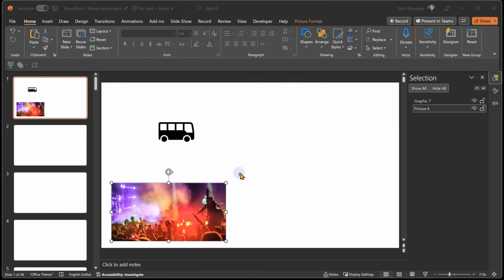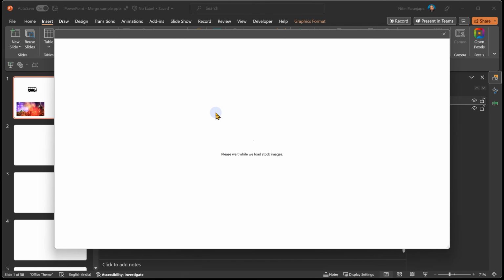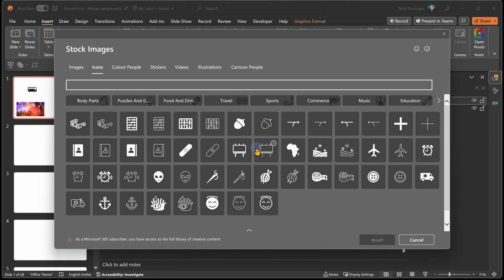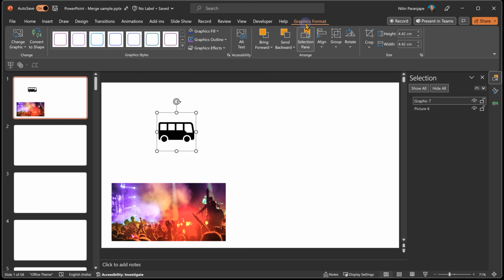Let's discuss icons or SVG shapes. Within PowerPoint itself, there's a large collection of icons which are scalable vector graphics, and you will find them here. Thousands of beautifully created icons. So here is one of the icons. This has its own menu called graphic format. This is not a shape, it's called a graphic because it's SVG. It does behave like a shape, but it has some things which are different.